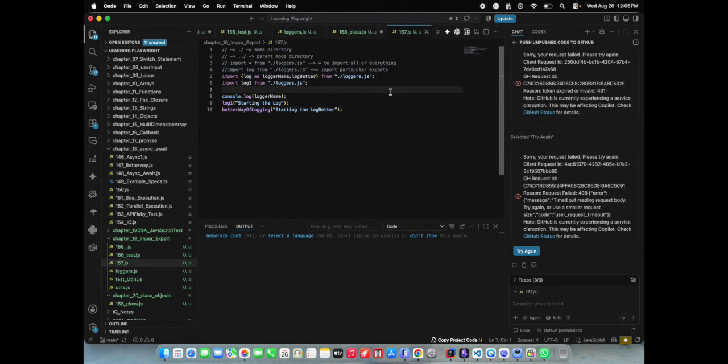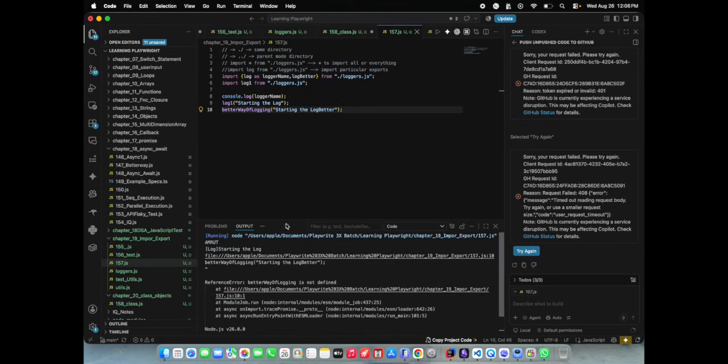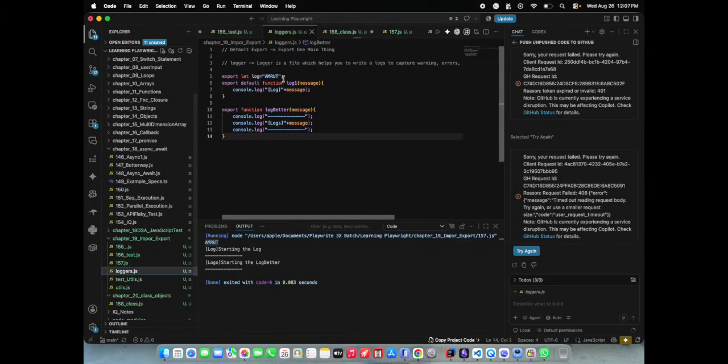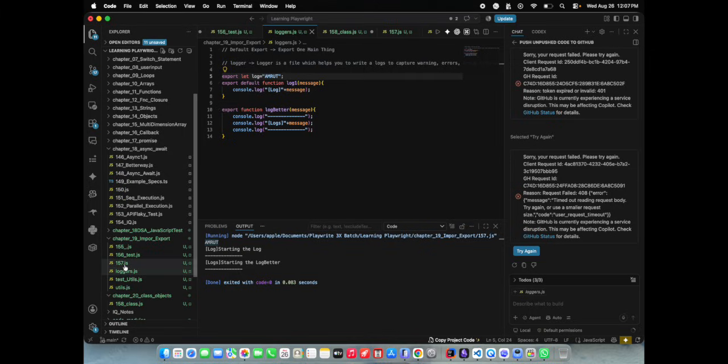So if we have multiple functions, this is one variable, comma, this is our function, and if I want to print this one now, I have not written the better way, right? Okay, so this is log better I need to mention. And now if I am printing this one, you can see that instead of log I have mentioned it as logger name, so I have used an alias name, and that alias name I am printing. So whatever name is there inside this one, Amrut, that is getting printed. So this is how we can use this